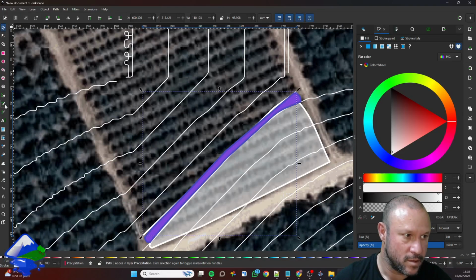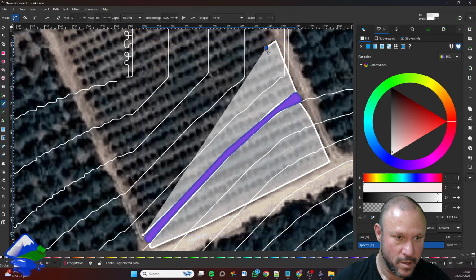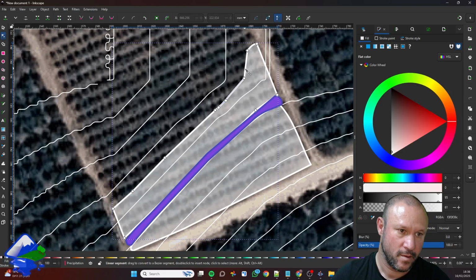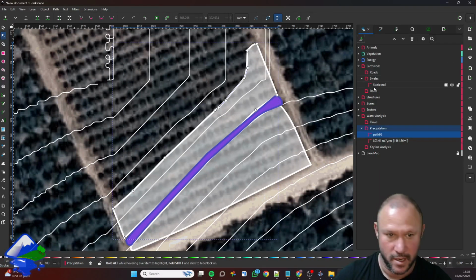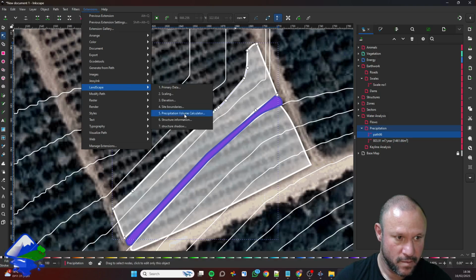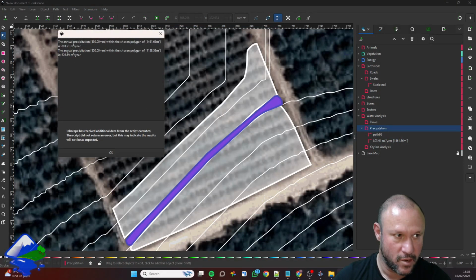And now I can continue drawing the area. Let's say I'm gonna go up to here, and here I'm gonna go with the contour. Now I will have on the layer list the extra path, and then I'm gonna go to extensions, LandScape, precipitation volume, apply. It will calculate the next one also, but I see it's a little bit smaller than I need,